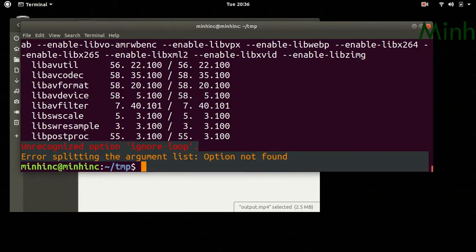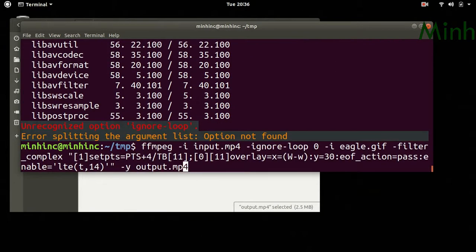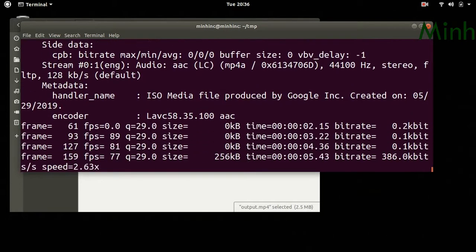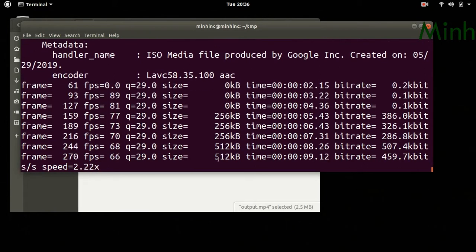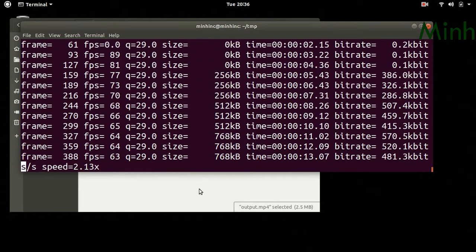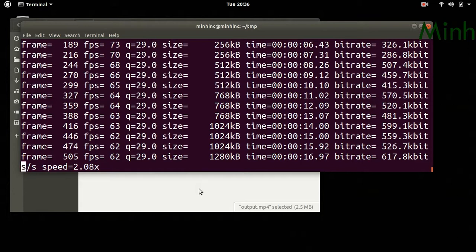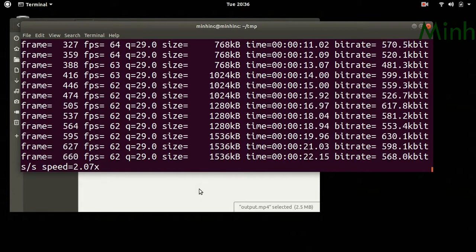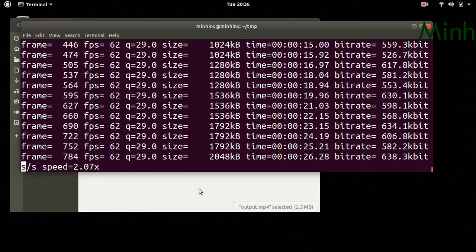Minus ignore_loop 0. Now it will loop for 10 seconds, starting at the 4th second.